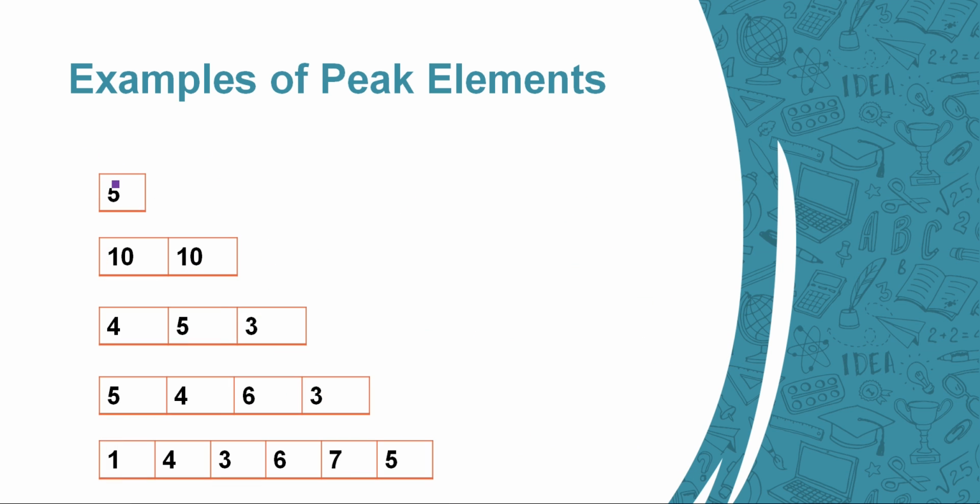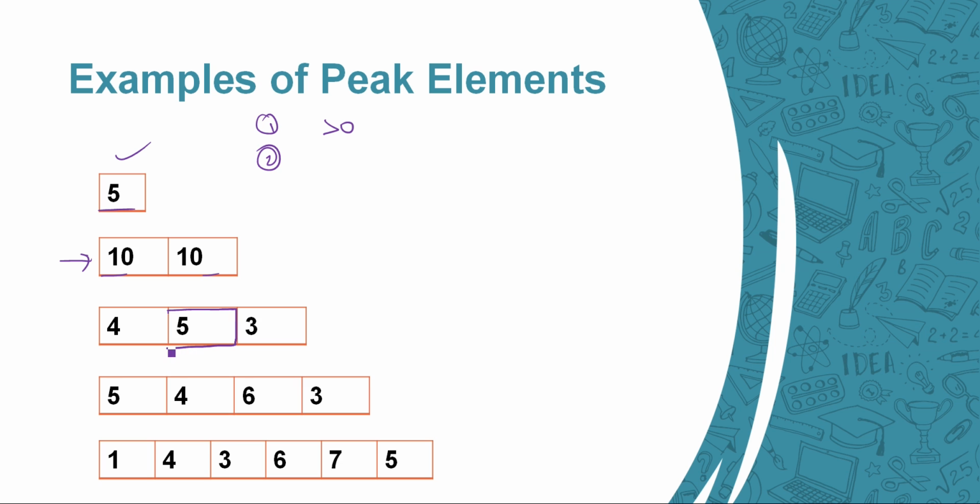So we have checked two conditions. If the size of the array is greater than 0, which means the array has some elements. The next condition is if the size of the array is only 1, then we are going to print that element as a peak element. If it has more than one element, we need to consider the leftmost and rightmost elements one by one. And now what we are going to do? We are going to consider the middle elements.